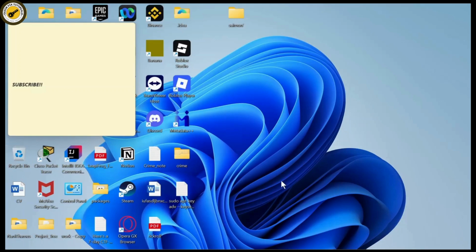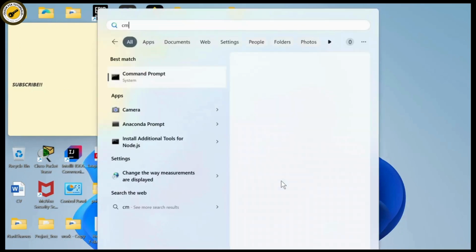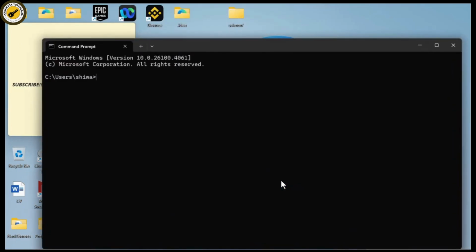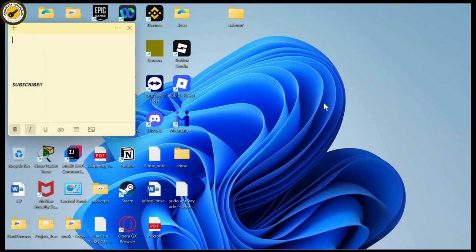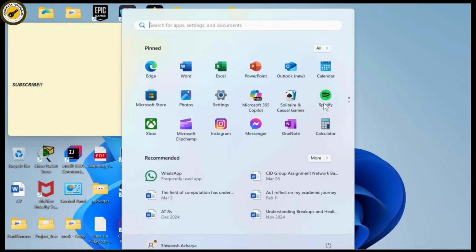So the first step is open up your CMD. So open up your CMD and here what you'll need to type is WS reset. After you type that, hit enter and it should open up your Microsoft Store. Just after it opens up your Microsoft Store, you can simply close that, and what you'll need to do here